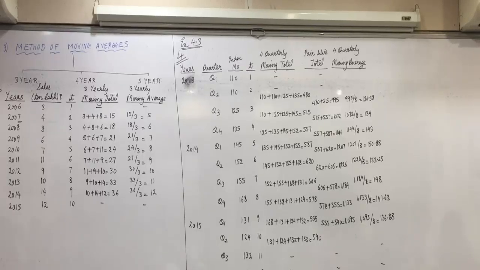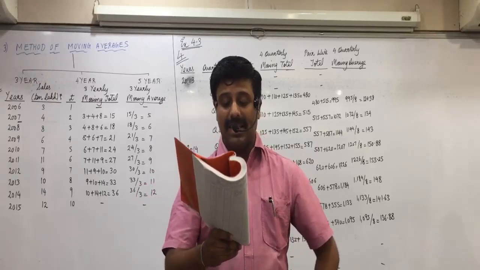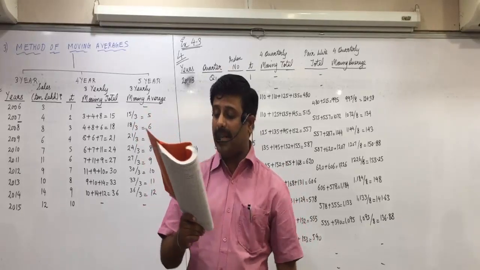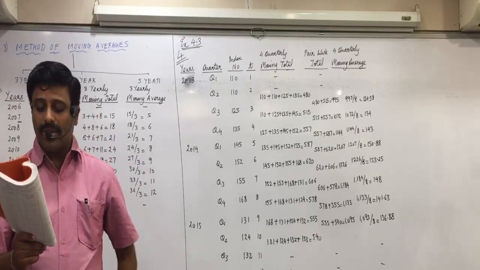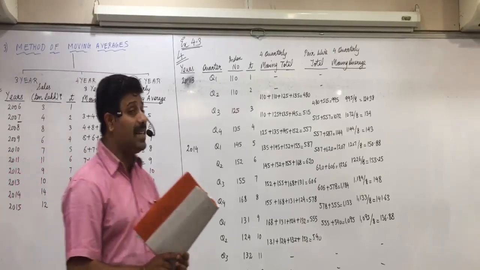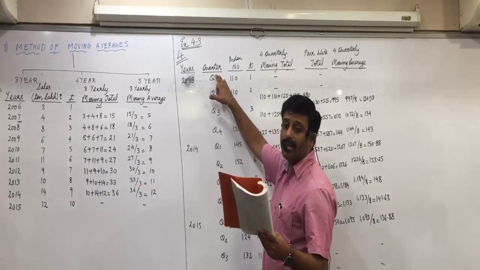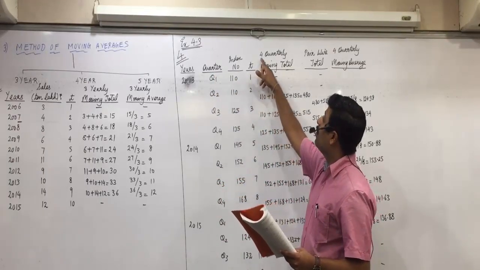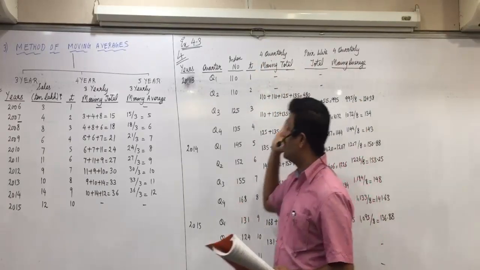So you try one question on your own. Question number 2, same page. The average monthly closing prices of shares of a company in the year 2016 are given in the following table. Find the trend using a 4 monthly moving average. Here years are not there, so like quarter, directly the first column will be month, then share price, then T. The next column: 4 monthly moving total, pairwise total and 4 monthly moving average. Start solving it.